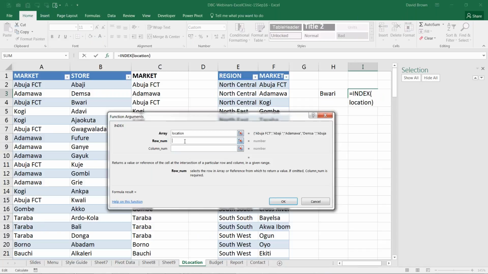Now, what row do I want to go to? Well, I need to get Buhari's market. What row is the market? It's 1, 2, 3. It is row 3. What column do I need to go to? This table called location has 2 columns, 1, 2. The column I need for market is column 1. So I've gone to row 3, column 1 of the location table.